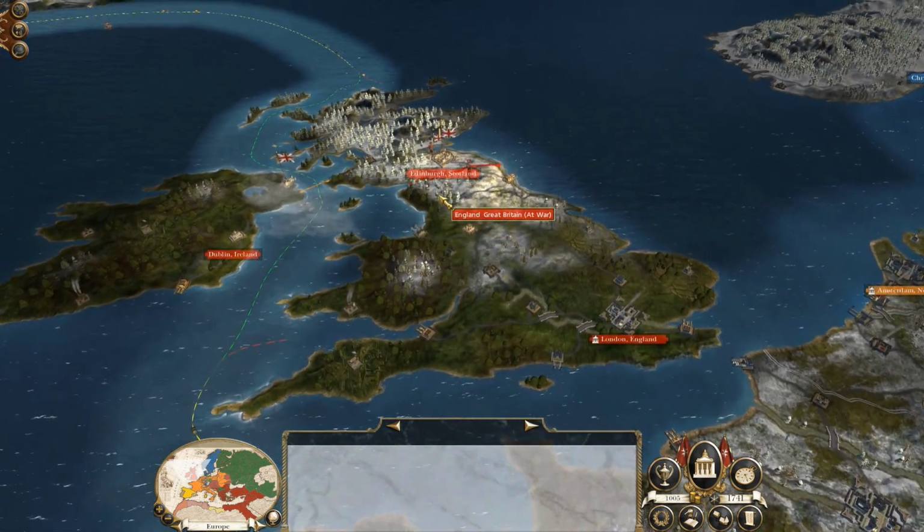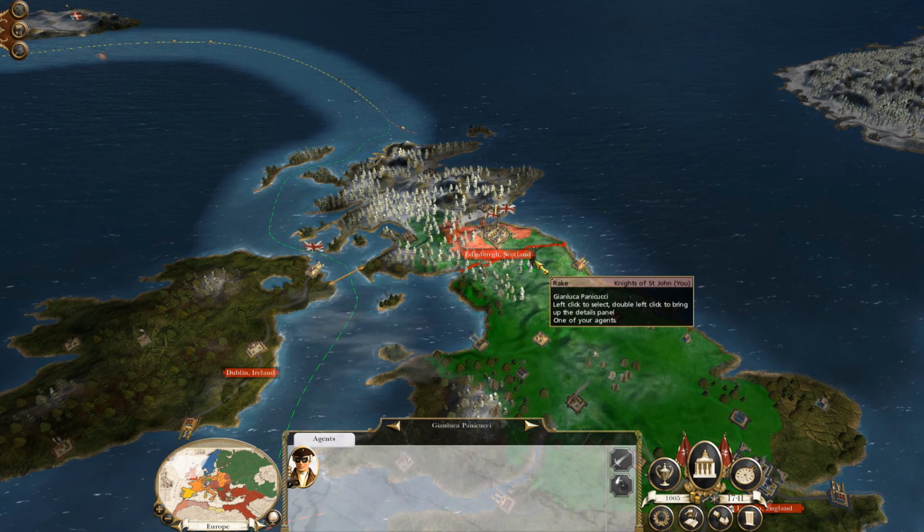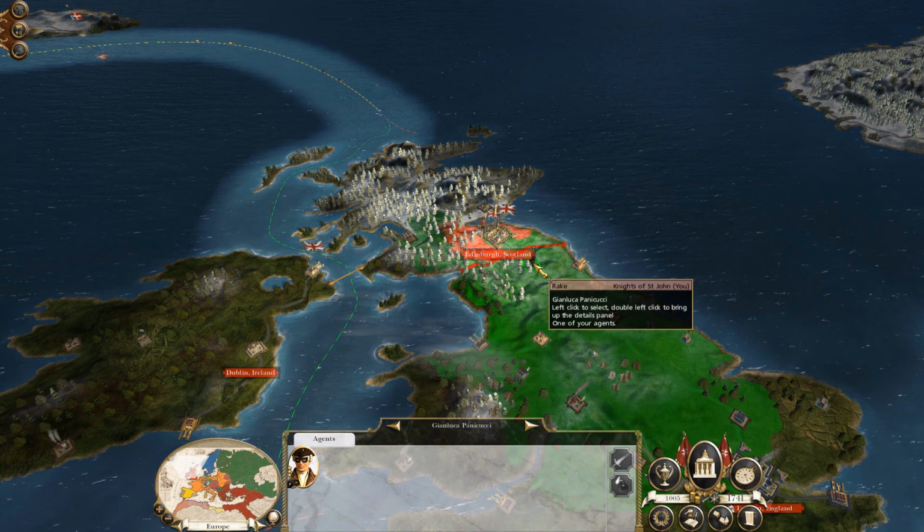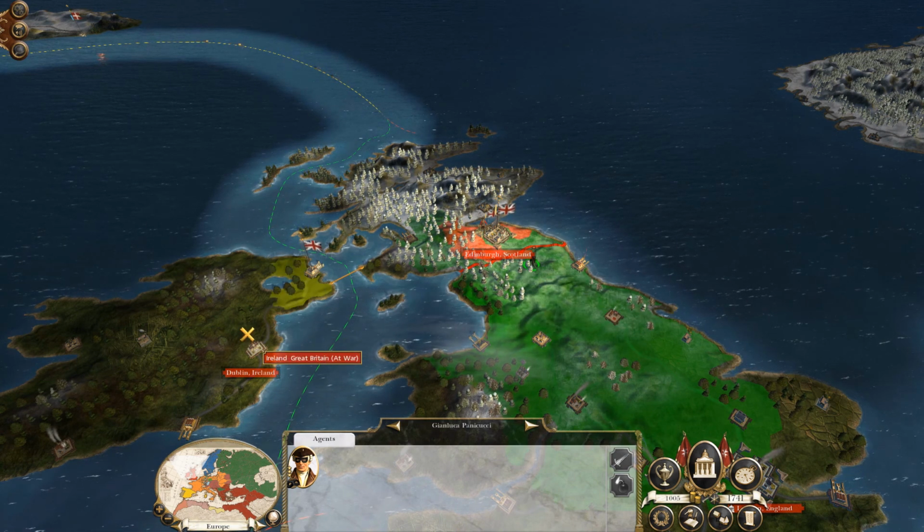What we are going to do is, we've got a spy in Britain, thankfully. We're going to send Gianluca Panonici to Dublin here. Let's see what...